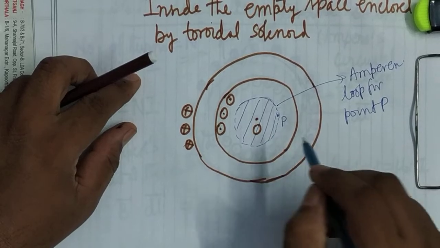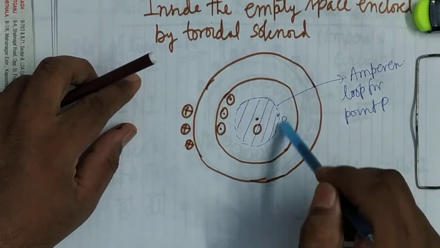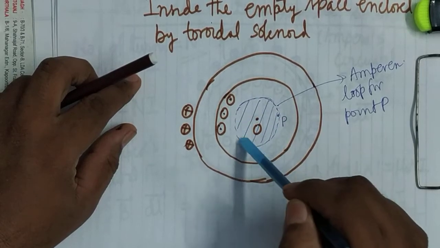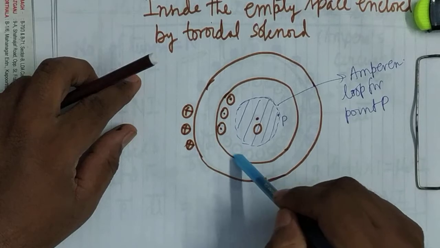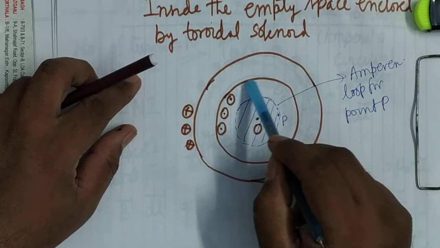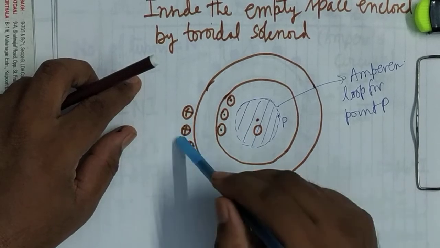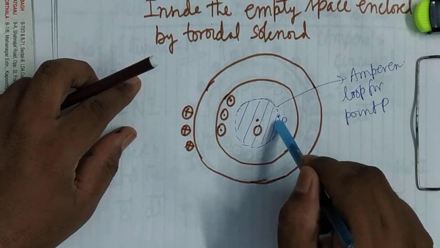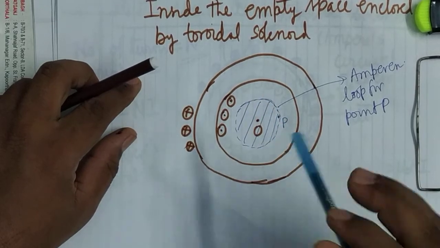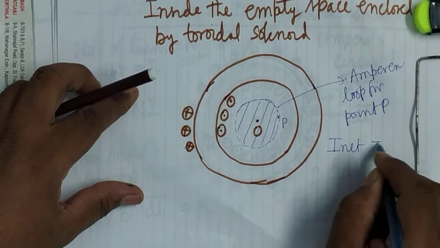How much area is enclosed? This. Now, how many current turns are passing through this area? You can see neither these turns, which are at the edge of the inner core, nor these ones are passing. No current turn is passing through this area. So, what will be the I net here? I net will be equal to 0.